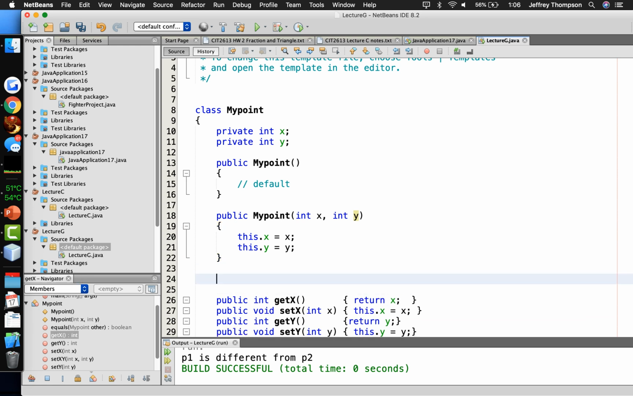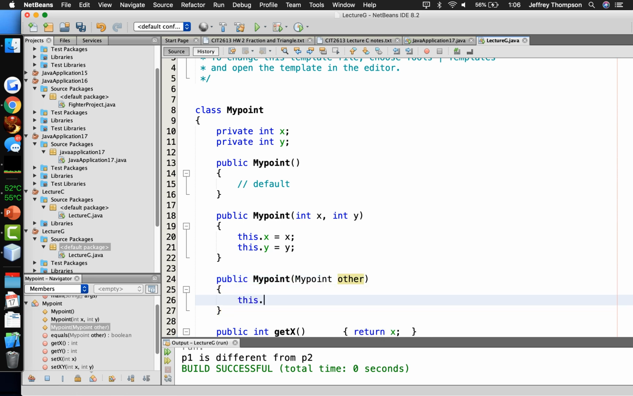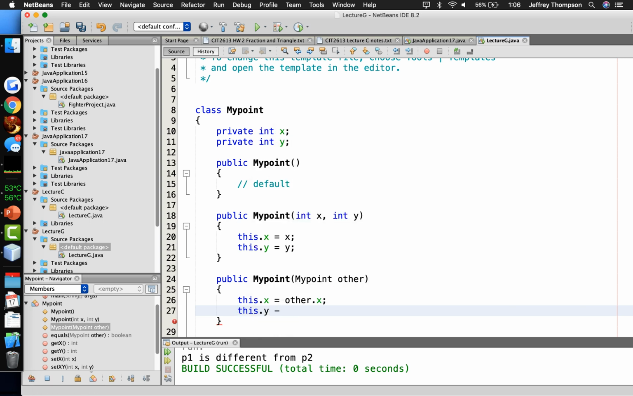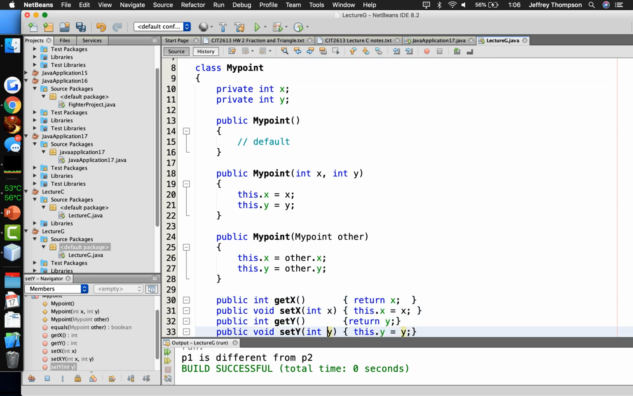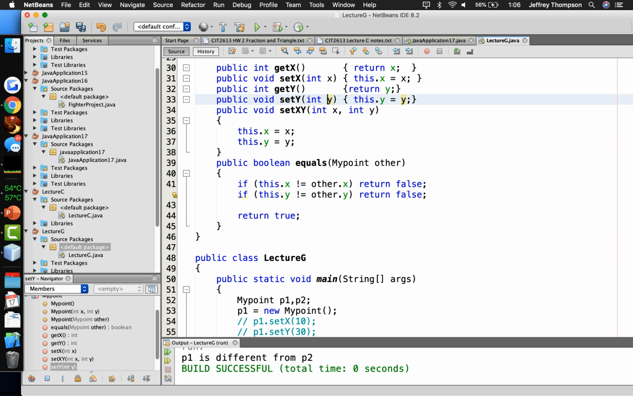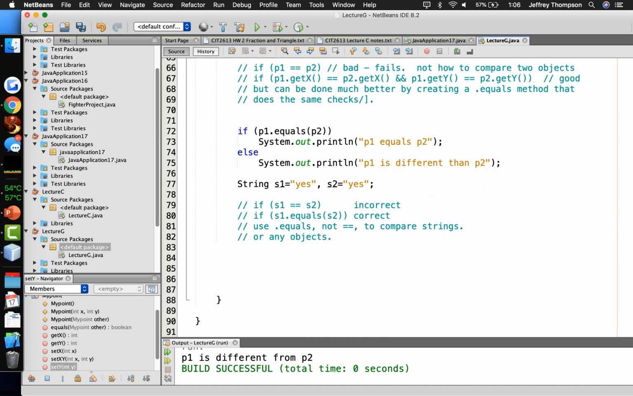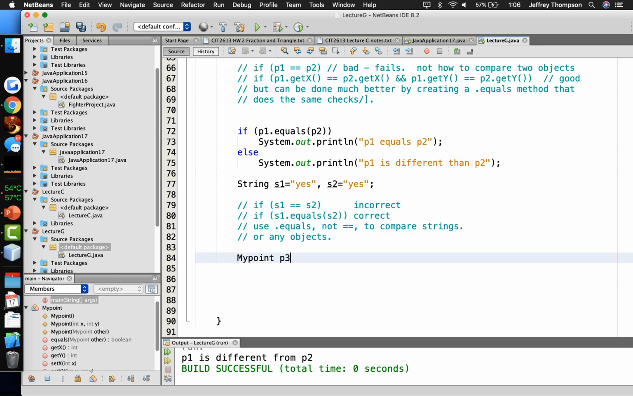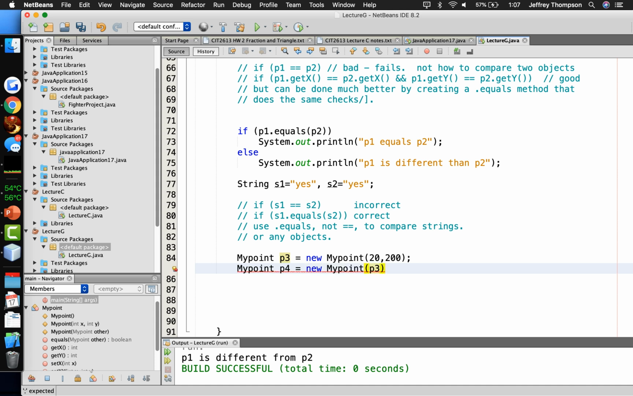And let's create the constructor that accepts a point. Public myPoint, and it's going to take another point, so myPoint other. this.x = other.x; this.y = other.y; Now let's play with those constructors. We have two new kinds of constructors. We may as well use them. So down here, maybe at the bottom, why not create a couple more objects? myPoint P3 = new myPoint(20, 200); and then myPoint P4 = new myPoint(P3);